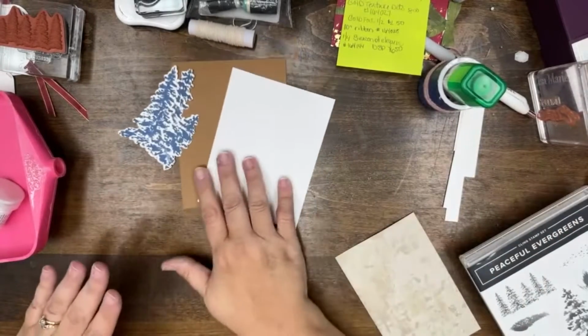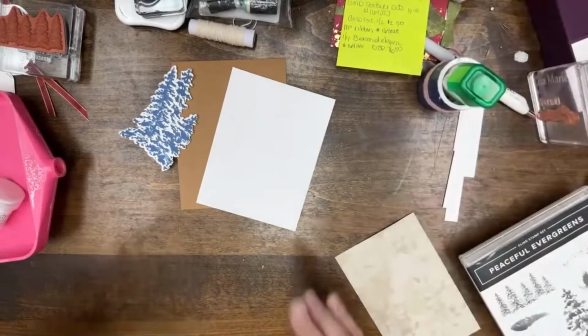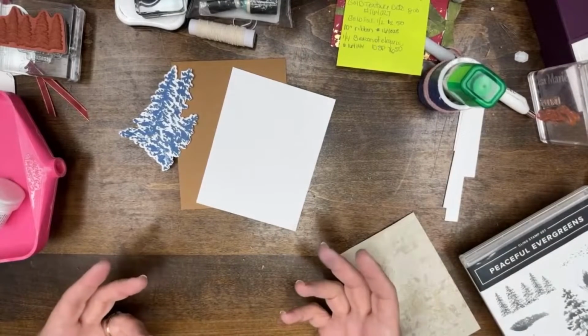So I wanted you to see that it doesn't have to be. You guys didn't tell me. Do you like to see the finished sample first, or do